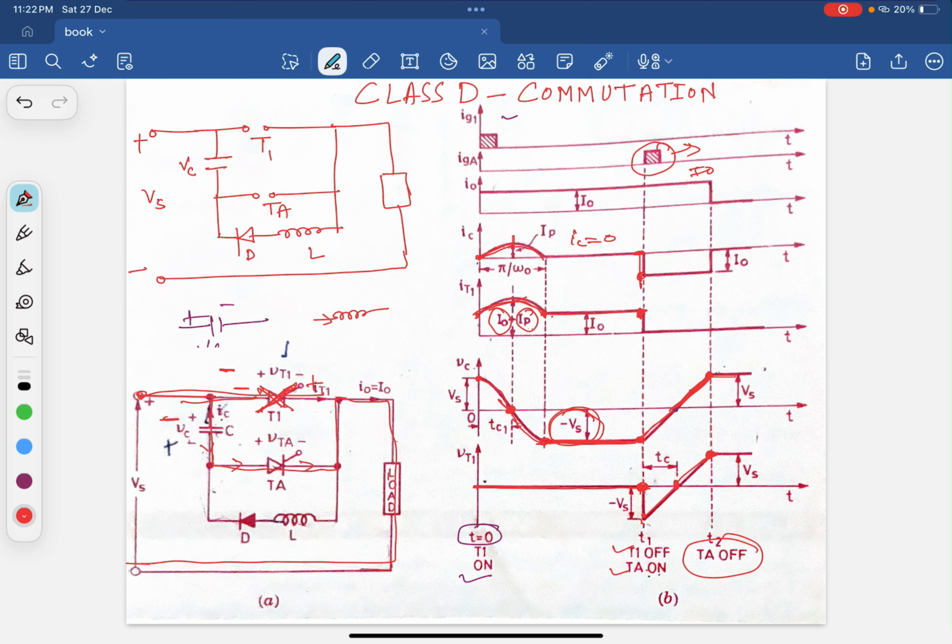How is TA off? As soon as the capacitor starts charging again with the polarity plus minus, it is charging with the supply voltage Vs. So the same thing arises again. The charging current here is also